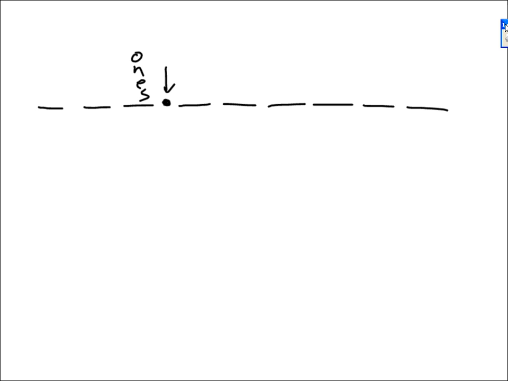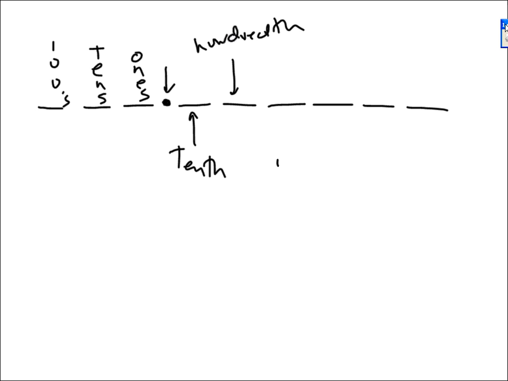was the ones, the tens, the hundreds, the thousands, the 10,000s. Well, we have names for the positions to the right of the decimal. The first position is called the tenth, and the next one is the hundredth, and the next one is called the thousandth, and then the next one is called the 10,000th,